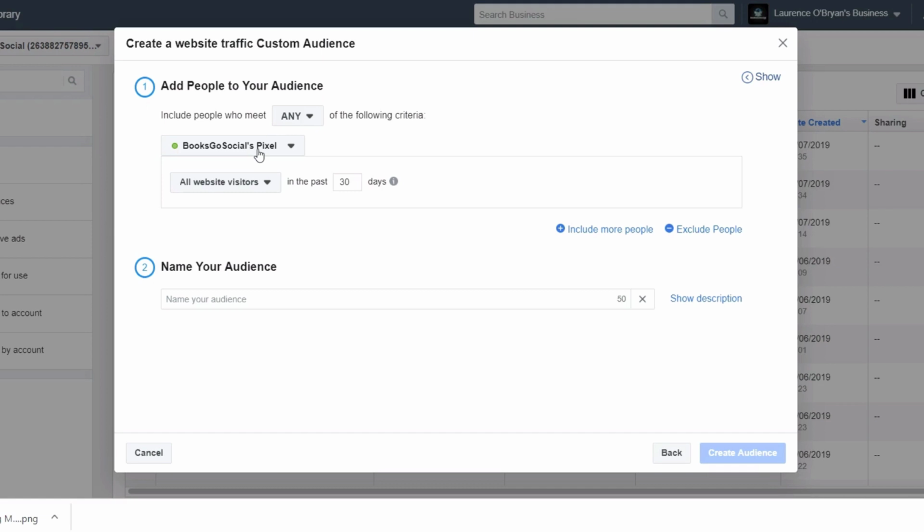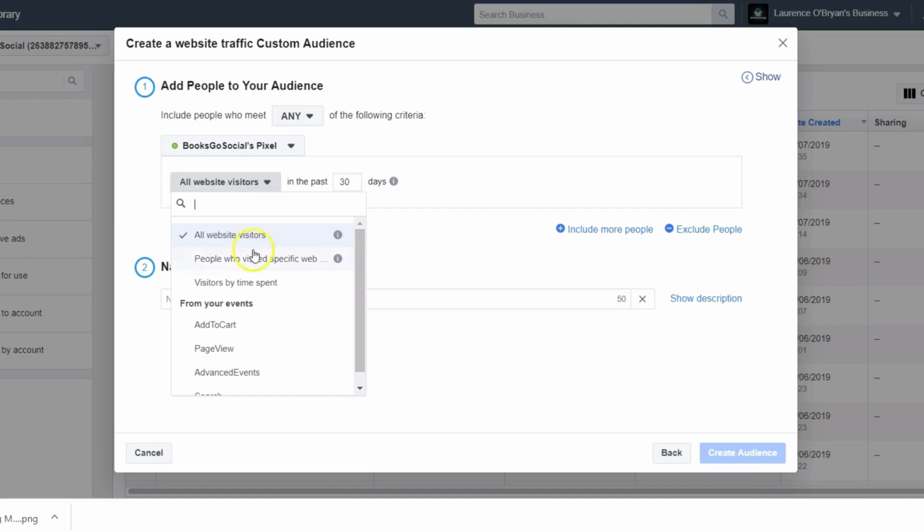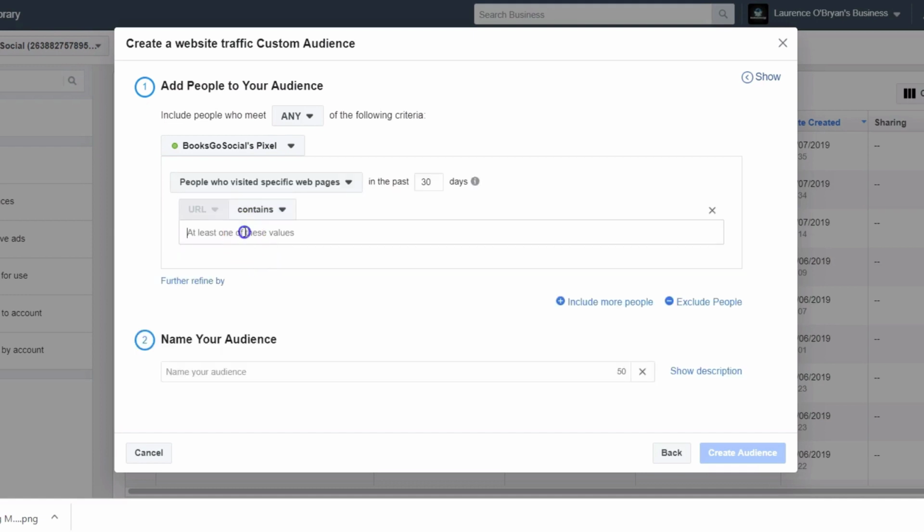There are plugins which will allow you to auto redirect. That's what we use in one of our WordPress sites. We have a plugin which allows us to auto redirect within a second anyone who goes to that page. And then we've also installed our Facebook pixel on that page already. So what we're going to do when we set up our custom audience is copy in the URL here for the specific landing page that we've used on BooksGoSocial.